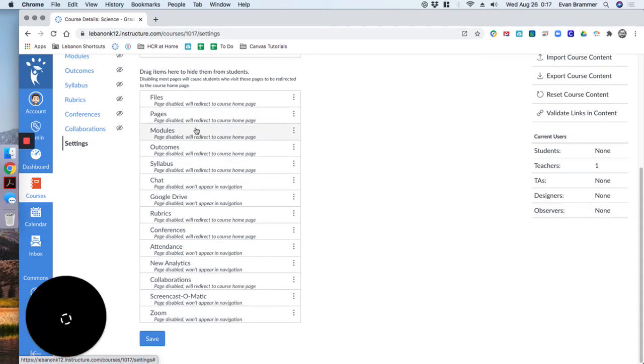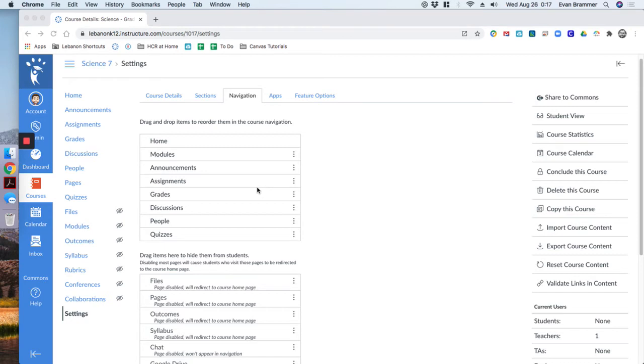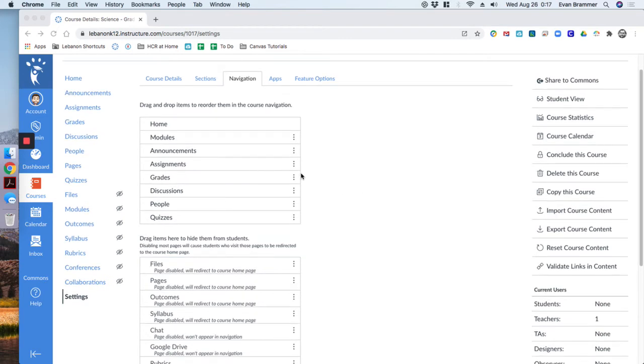Okay, so you want to make sure that you have the right navigation. There goes my camera again. What I encourage teachers to do is start small and then build. It's okay to add some items later. So, for example,